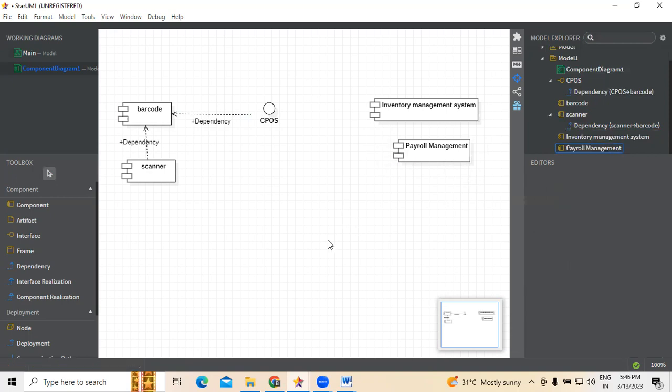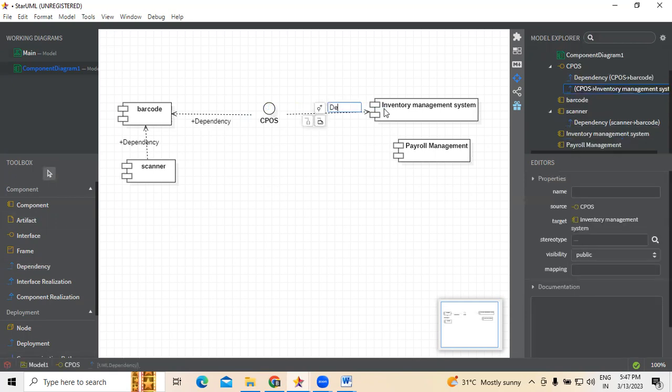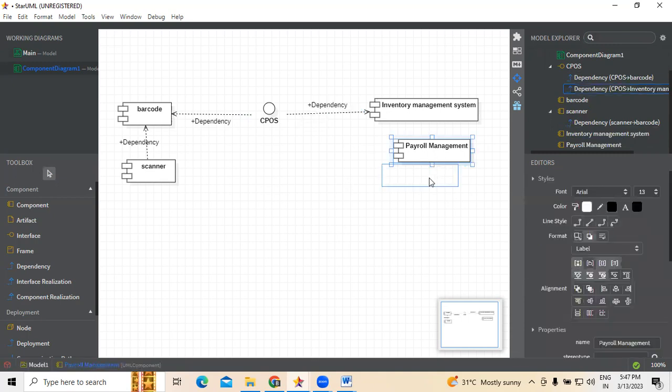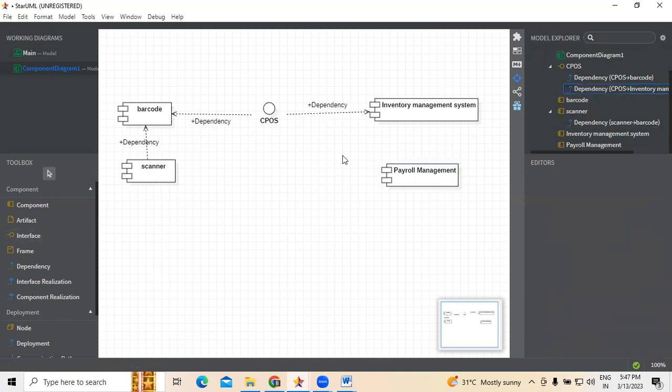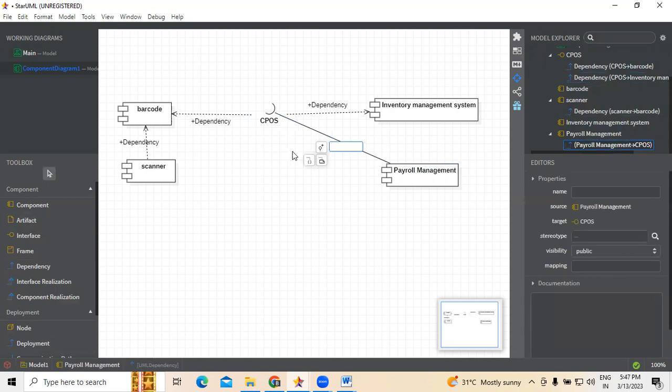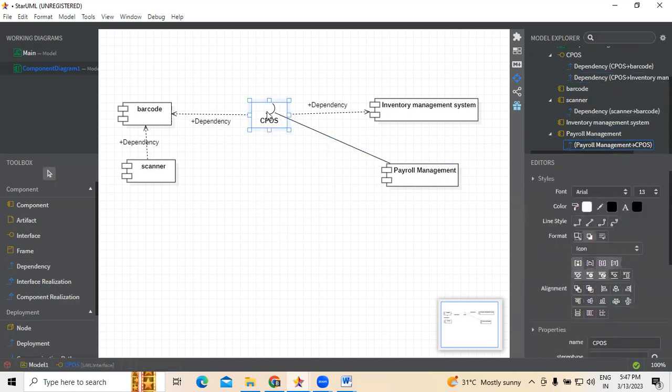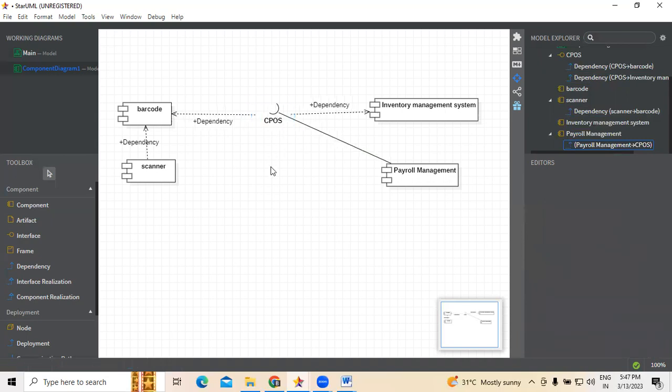These are the two things where you can see the dependencies that are interrelated. Even this payroll management system must connect with the dependencies in the application we are performing here. This is where these component diagrams can be prepared.